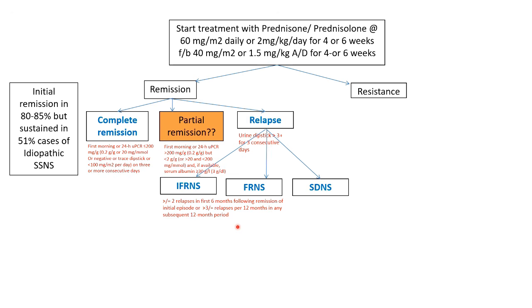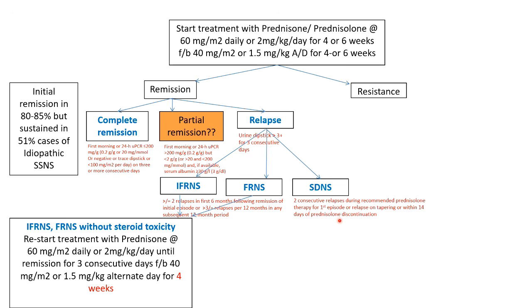Or the patient can have steroid-dependent nephrotic syndrome, which is 2 consecutive relapses during recommended prednisolone therapy for first episode, or relapse on tapering, or within 14 days of discontinuation of prednisolone therapy. If the patient has infrequently relapsing nephrotic syndrome or has frequently relapsing nephrotic syndrome without steroid toxicity, you restart treatment